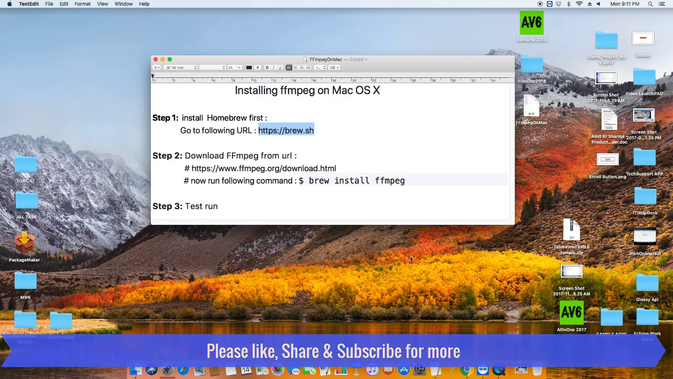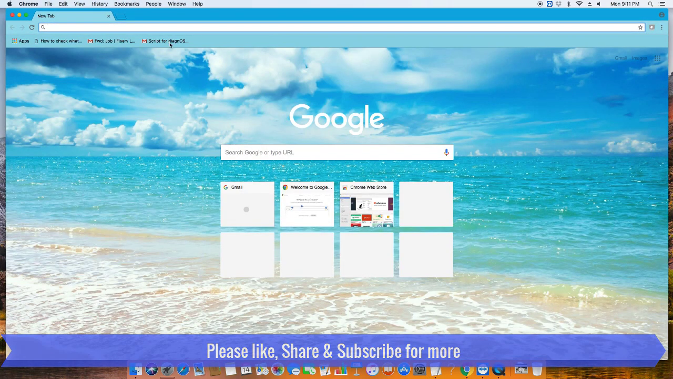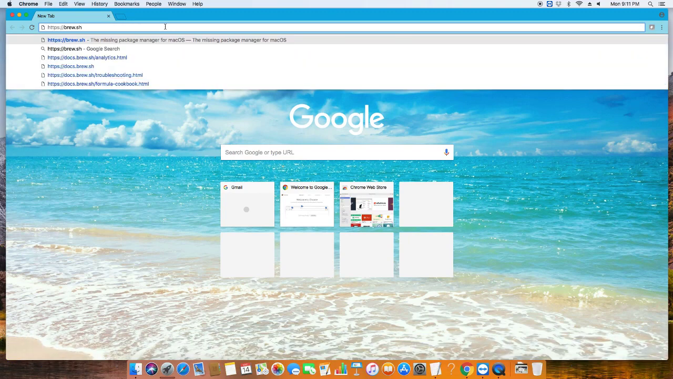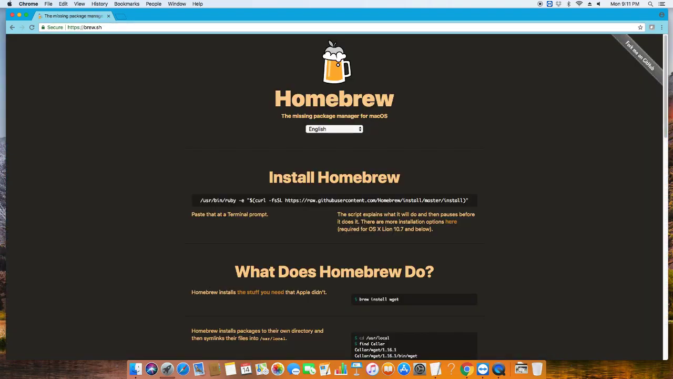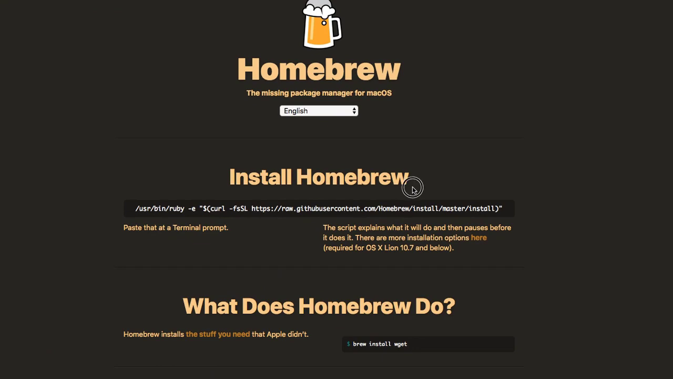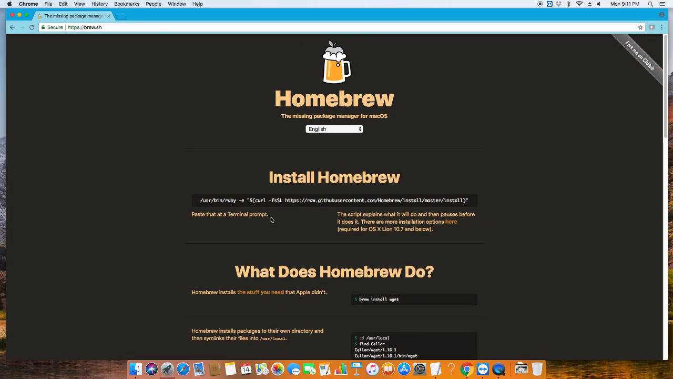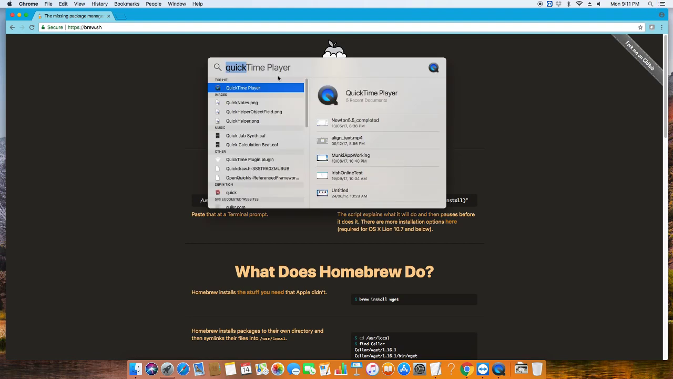So copy this URL and go to your favorite browser and paste it in the address bar. Okay, so here we are on the home page of Homebrew. Right here on this page everything is very clear. As you can see, there is an installation command in this black rectangle box, and the command is written in the white font. What we have to do is copy this command and go to the terminal, and paste